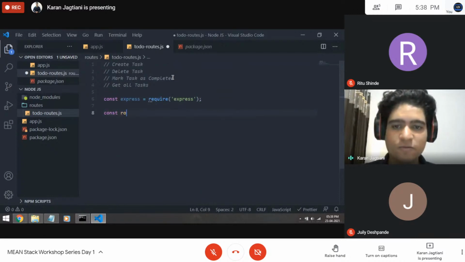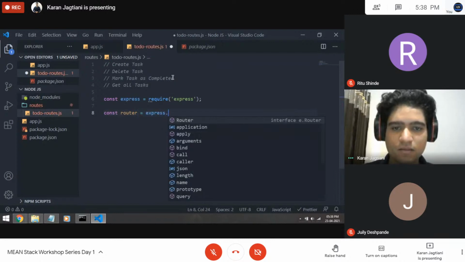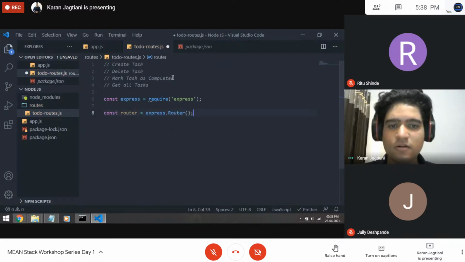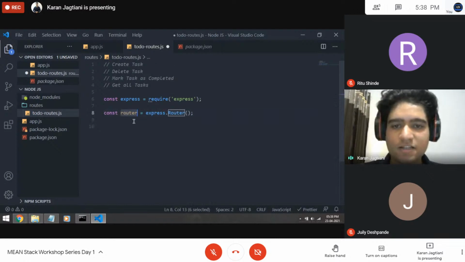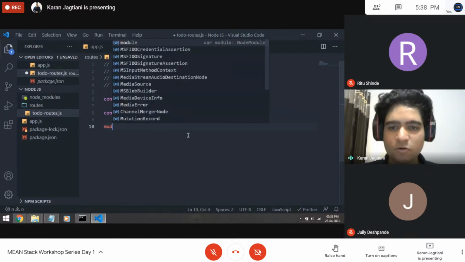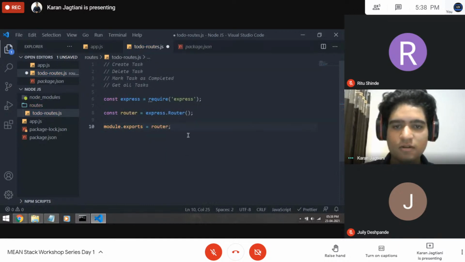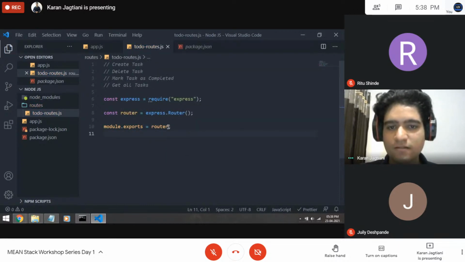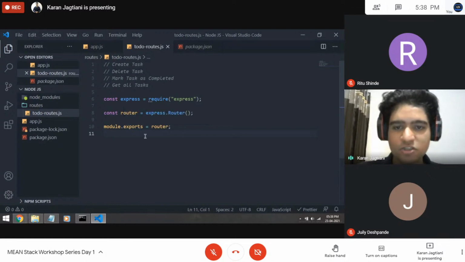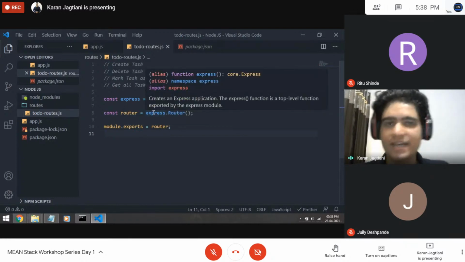Now we need a new type of variable called router. So we'll do express.router. I'll explain what this router is used for, and we'll do module.exports equals router. So let's save this. Basically what this module.exports means is that, as we created an external file,